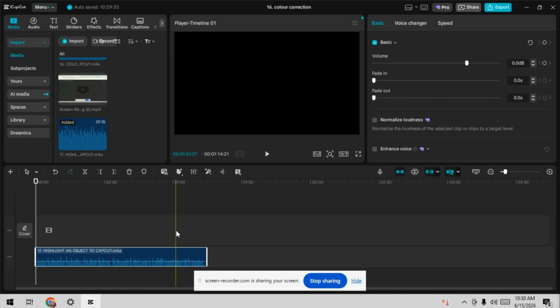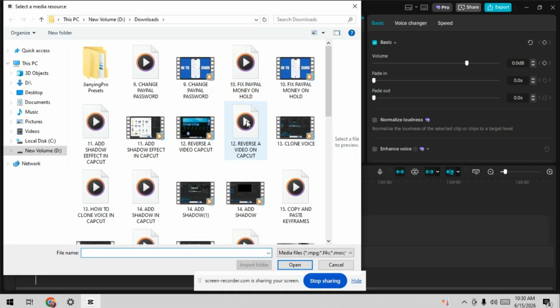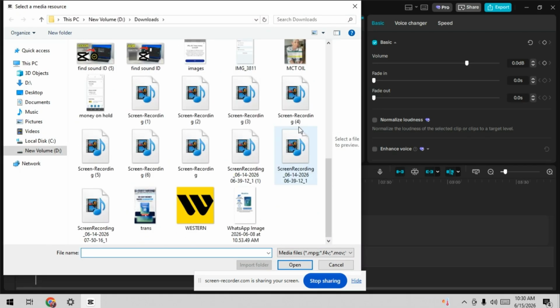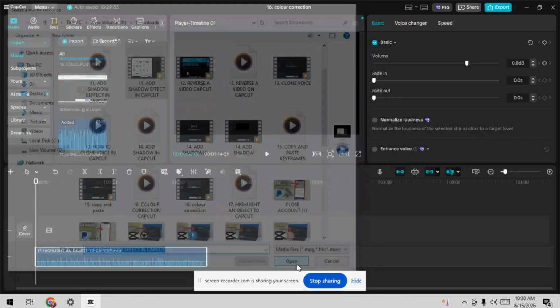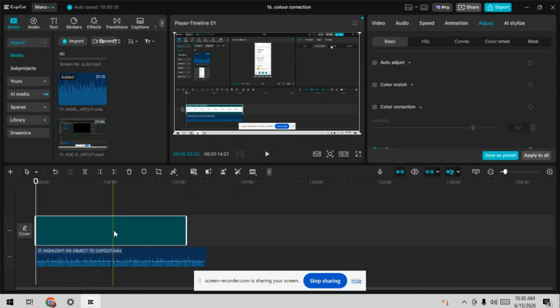We guide you through how to highlight an object in CapCut. So the first thing you need to do is to open your CapCut and create a new project, then import the video you want to edit. Tap on the clip in the timeline and move the playhead to the moment where you want the highlight effect